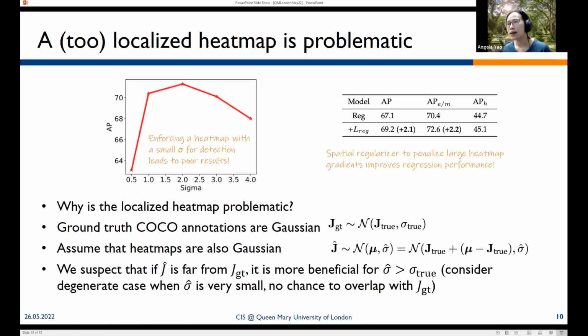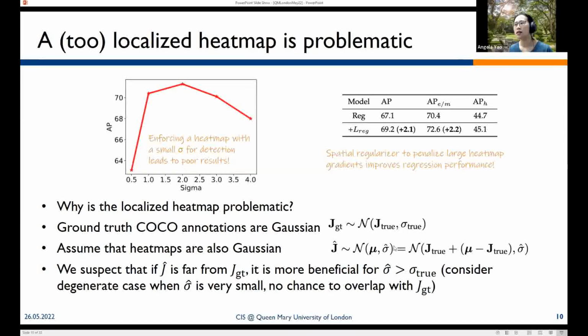What we think is that if this J hat is far from the ground truth joint, then it's more beneficial for this sigma hat to be higher than the distribution of the original ground truth locations, right? One way of thinking about this is to consider the very degenerate case, when sigma hat becomes very small,